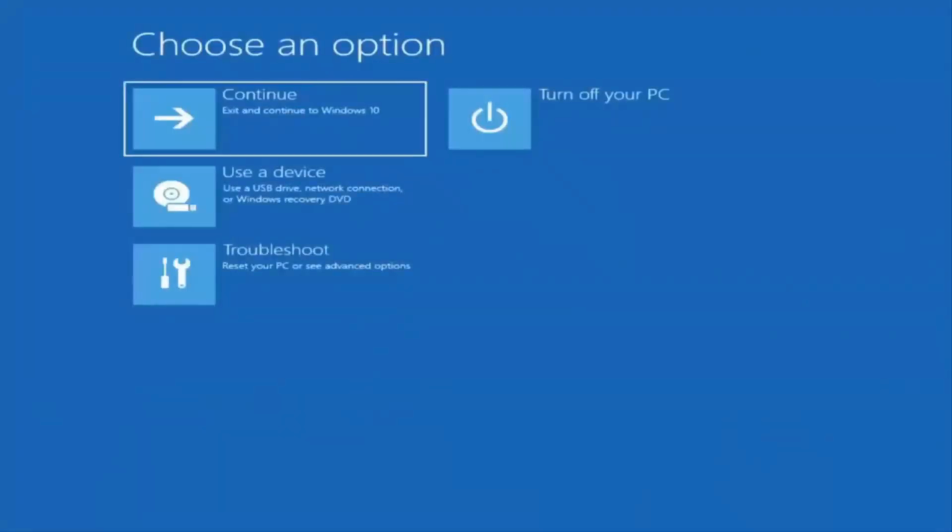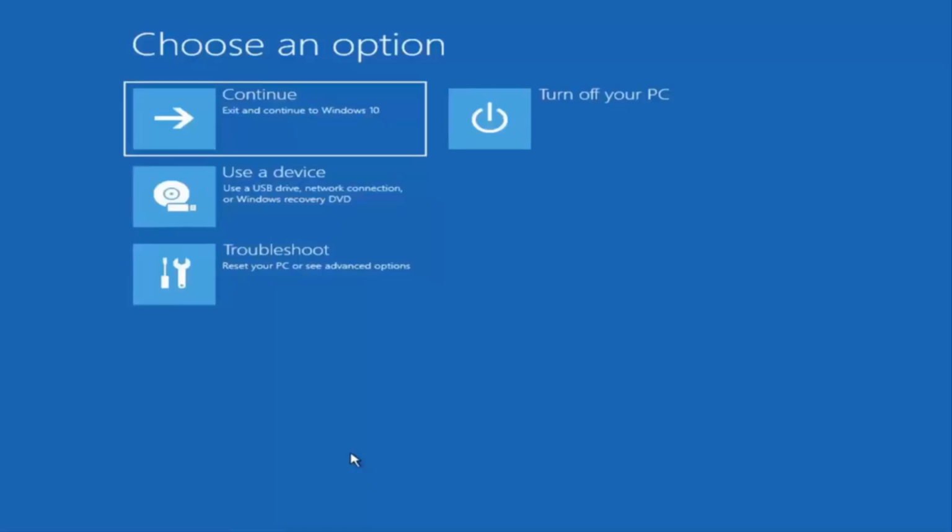First thing I'd recommend doing is to boot to the troubleshooting utility on Windows 11. If you do a hard power off 3 times in a row, Windows should automatically attempt to launch the Startup Repair utility. And if it doesn't find anything, it will give you the option to select advanced settings, in which case it will take you to a screen that looks like this. Now, if it does not take you to a screen that looks like this, or you're unable to get to that,